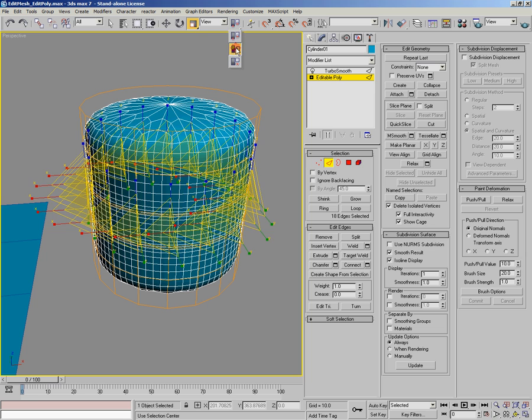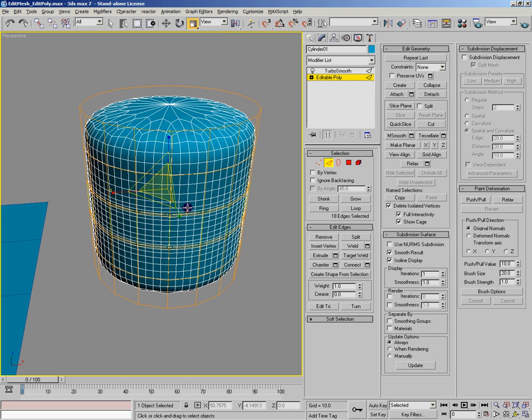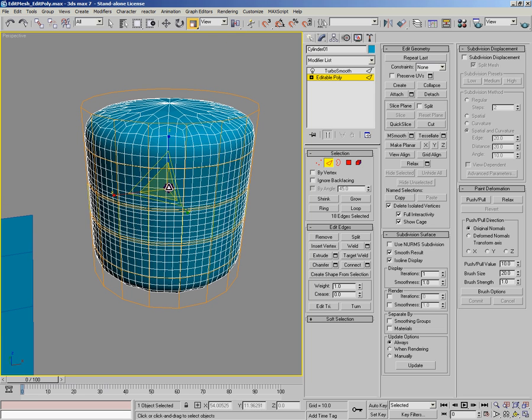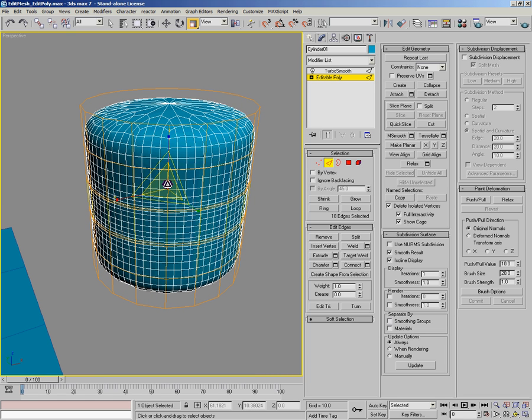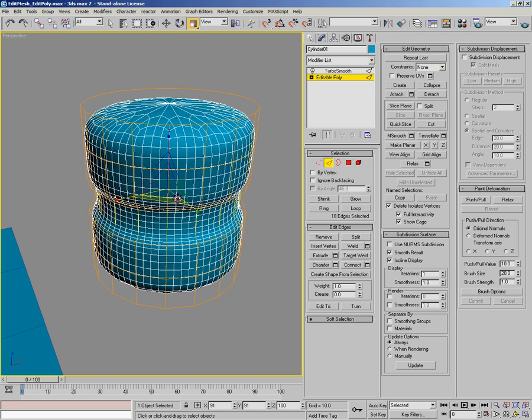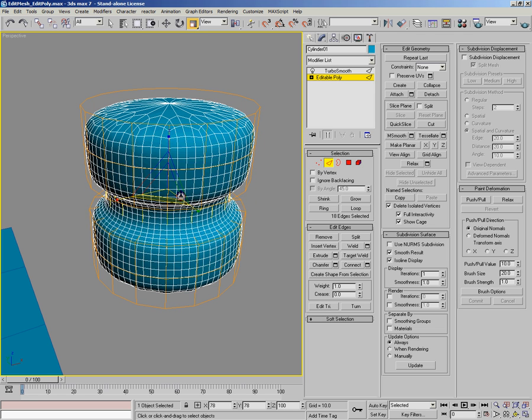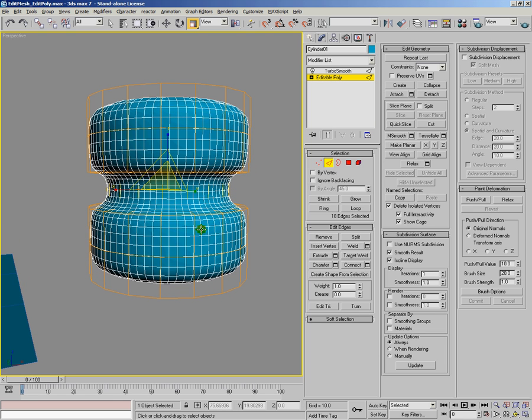I'm just going to change that to the center of the selection, and what I'm going to do is not do a three-dimensional scale in here, doing all three axes at the same time. I'm just going to do it on two axes. I'm just going to use this option here to pull it in. So I'm going to just pull it into here, and it's actually given us quite a nice smooth curve here,